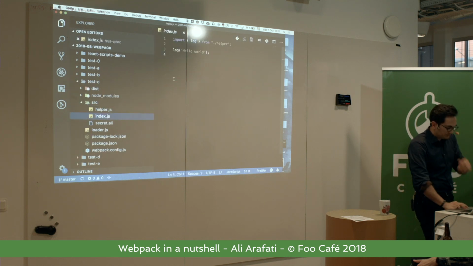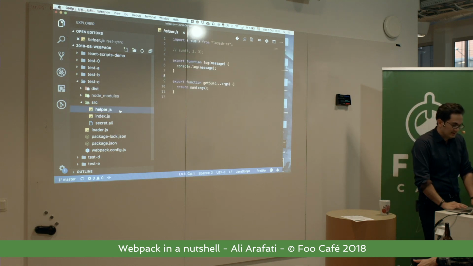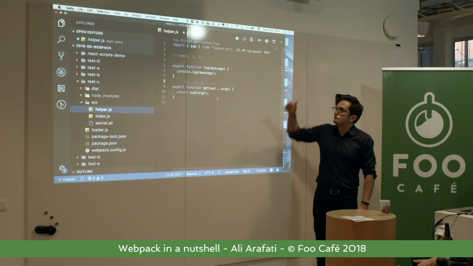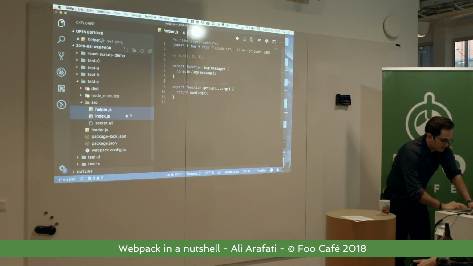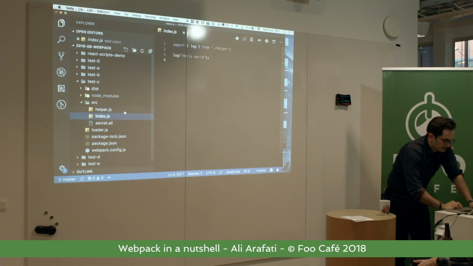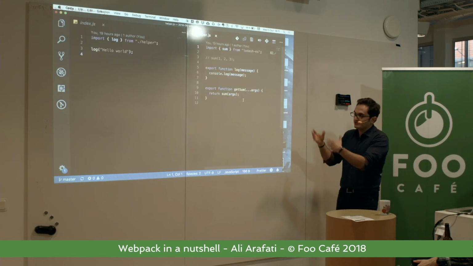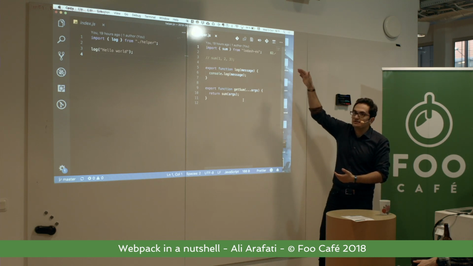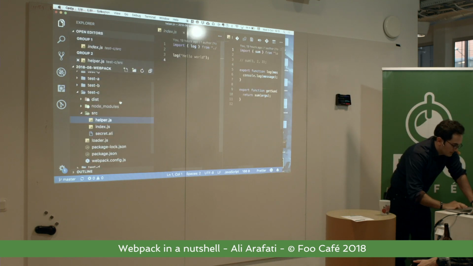I have another example where we have, again, an index importing a log, and then we have a helper that requires some third-party library. We are exporting the function log, and we are exporting the function getSum. If you look at the 2 files side to side, you see that my entire application is just these 2 files. I'm not using getSum, and therefore I'm not using the import that is coming from Lodash. But if you run this with Webpack,